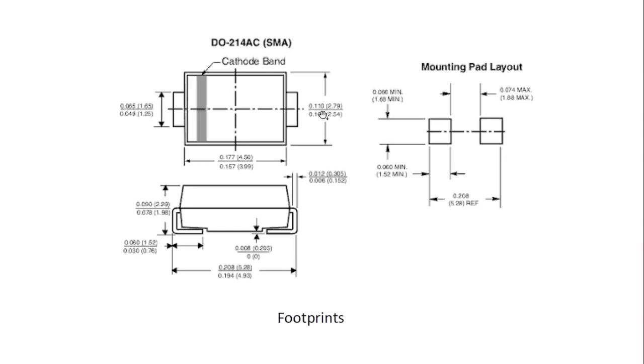On the other side, we have footprints. These footprints are according to the package we discussed earlier. Every component has its package, and every package will have its footprint on the PCB layout. In the datasheet, we can find the recommended layout pattern of the component for the PCB. Basically, it tells the land pattern, like how it will be soldered on the PCB, what the size of the pads should be, how much area it will take, and how much clearance we should keep, all this stuff. So these are the footprints. It is also called a decal.